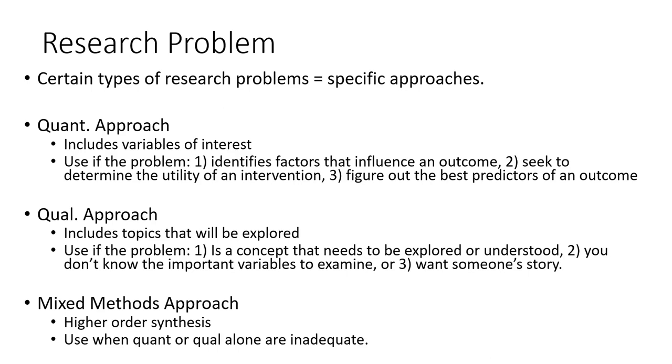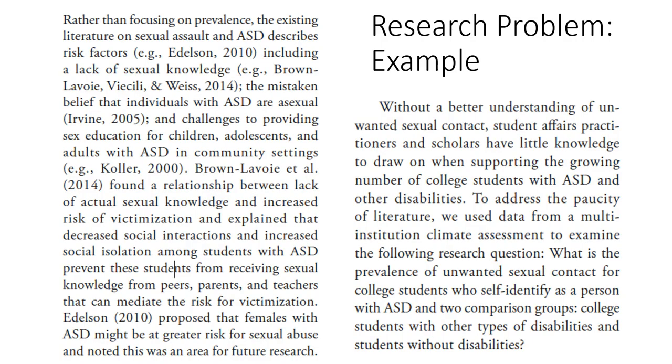So let's look at some examples of research problems. This is a study that I published a couple of years ago. And the first thing that I want to point out here is the engagement with the literature. So this entire paragraph is grounding the topic within the existing literature. In this particular study, I'm looking at the prevalence of sexual assault in students with autism spectrum disorders. And what the existing literature tells us is that